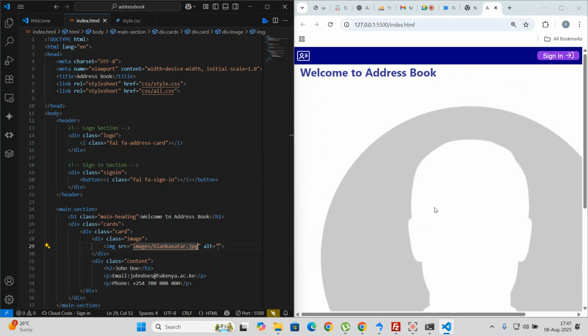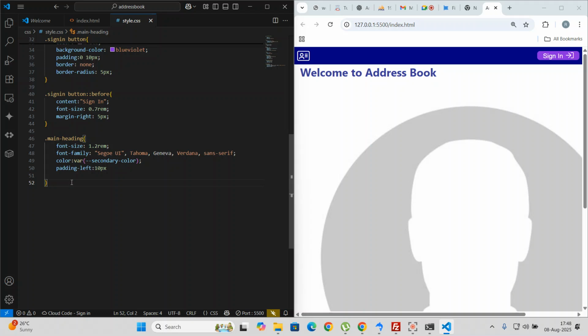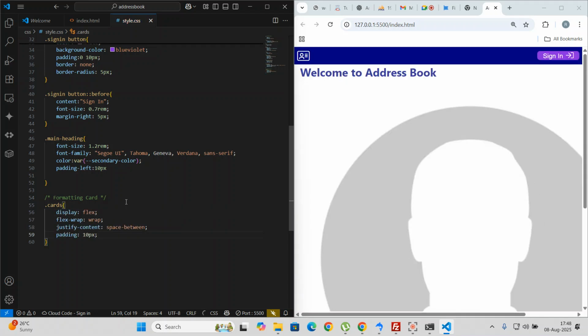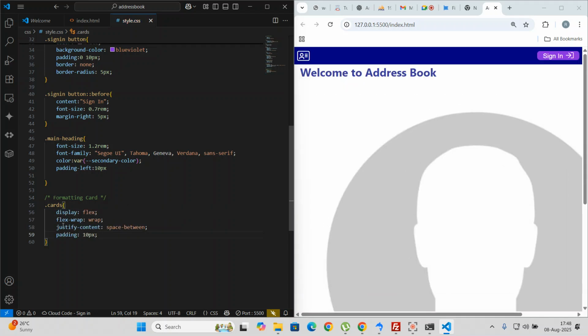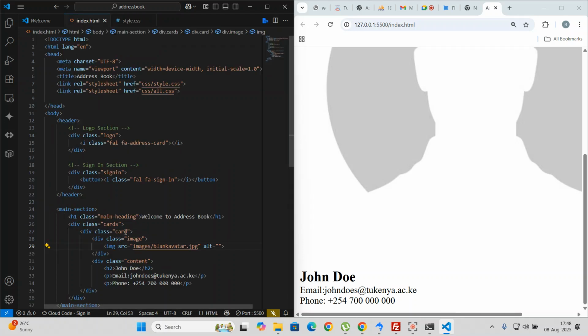So what we're going to do here, we're going to come to our style, and we're going to call our cards, formatting our card like that. So we're going to come here and pick our cards. First thing we say is display flex because we want them to display next to one another. I can give a padding of 10 pixels. That's not a big deal. Is it called cards or card? It's actually called cards,